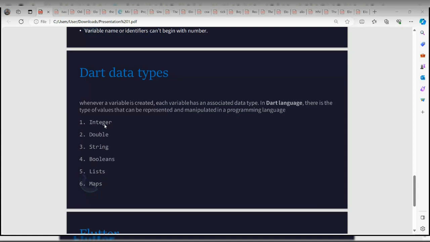Integers are numbers. Any number, right? So in math, what do they call them? They are basically all numbers.